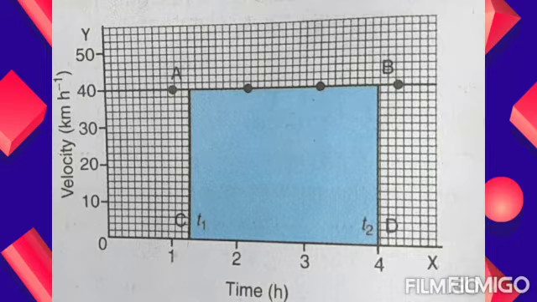So you will get a rectangle shaped graph. How does this graph come about? A car is moving with a velocity of 40 kilometers. The same speed: first hour 40 kilometers, second hour also 40 kilometers, third hour also 40 kilometers, fourth hour also 40 kilometers. Okay, so the same value. So we have to draw a straight line, then draw like this, and you will get a rectangle shaped graph.